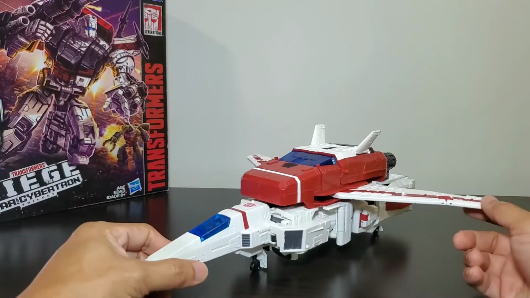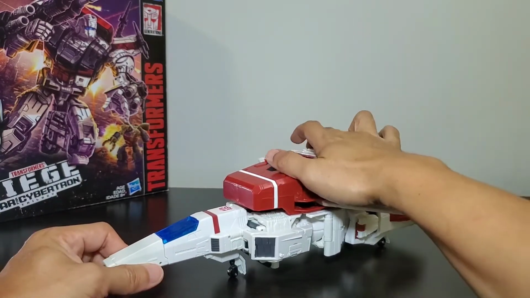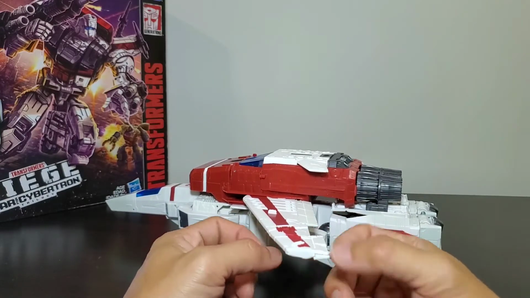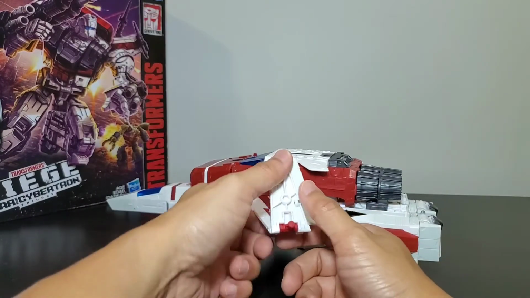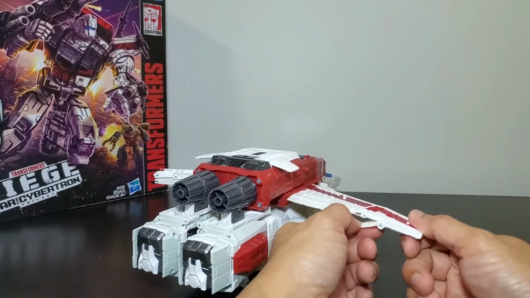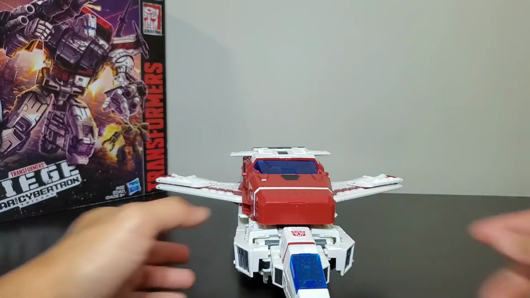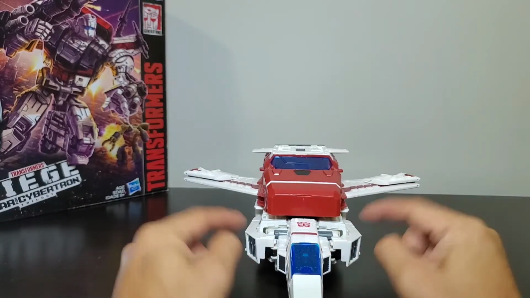And now it's time to transform this awesome looking jet into his robot mode. Fold down these top wings, and then on the bigger wings, you flip down this tab, and then there's a hole here that will tab into this tab. Then you fold this down, do the same on the other side, and fold it down. And then with that out of the way, we untab these front tabs over here. As you can see,